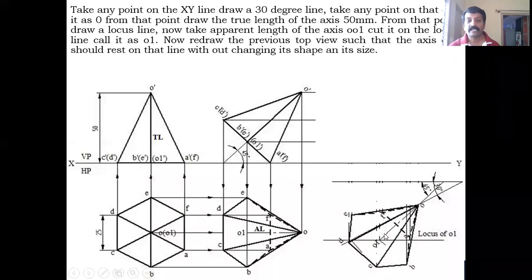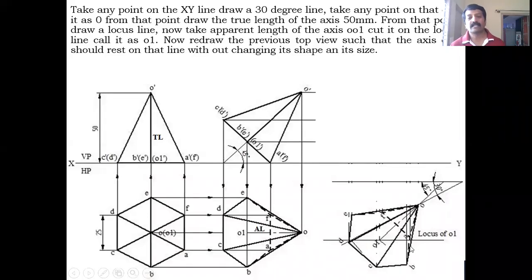Similarly, you extend this axis, that is the O to O1 line, take the distance from O1 to this point and cut it here. After cutting here, you draw a perpendicular line to this line. After drawing the perpendicular line, this point to D and this point to C distance is the same. So you take that distance and cut it on either side, and you are going to get C and D.